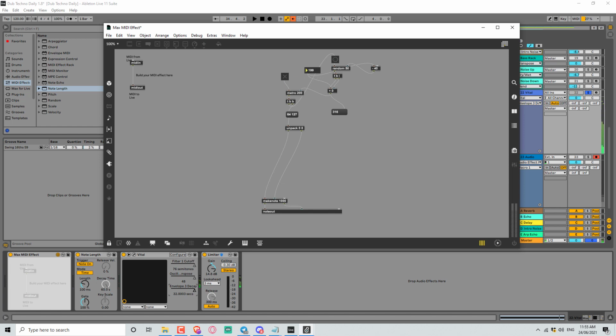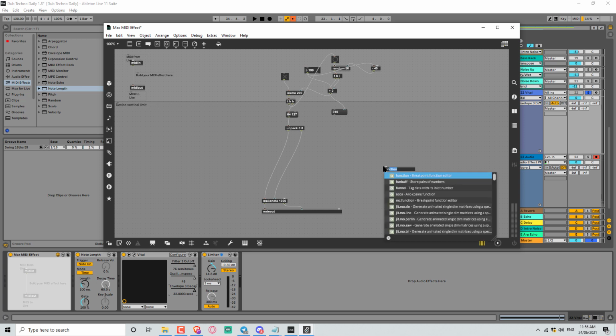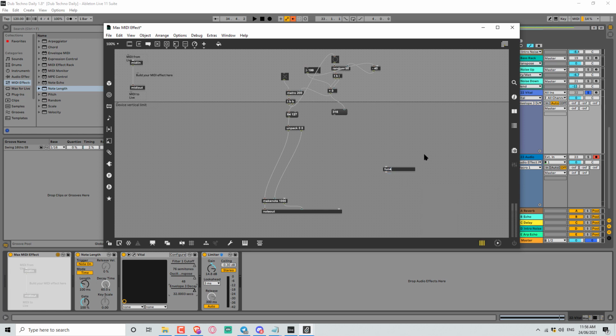Okay, it is kind of sounding good. And while we have it in that state, let's get this number moving automatically. So I'm going to use a function. Oops, a function might work quite well. So this allows us to add points, and of course we can do curves, I believe,